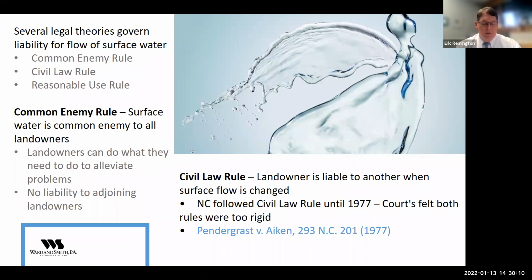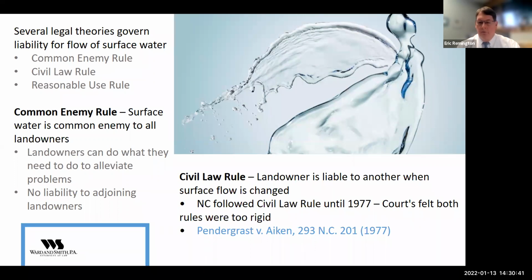Basically, what that rule says is that surface water is essentially a common enemy to all landowners, and courts treat it as such. So in those communities that adopt the common enemy rule, landowners are able to do what they want to or need to alleviate any kind of problems that they have. So for instance, you can do retention on your property. You can divert water from your property.